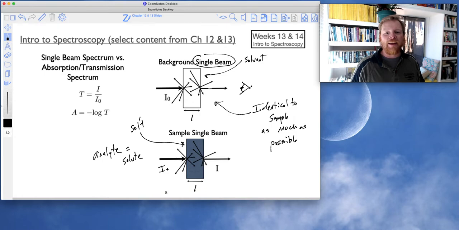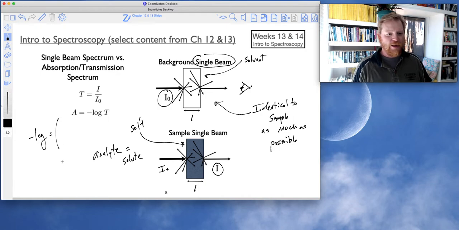And of course, my transmitted beam will not be identical to this. So when I'm ratioing these out, it becomes a ratio of a ratio, right? The absorbance spectrum is literally the negative log of this transmitted beam I to this I naught, okay? Because when we record these single beams, we're technically taking, for absorbance, the negative log of, let's